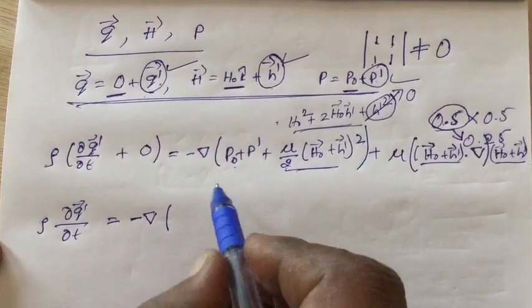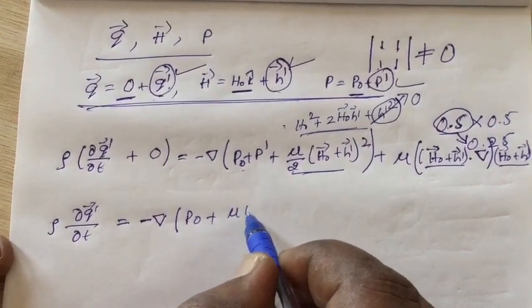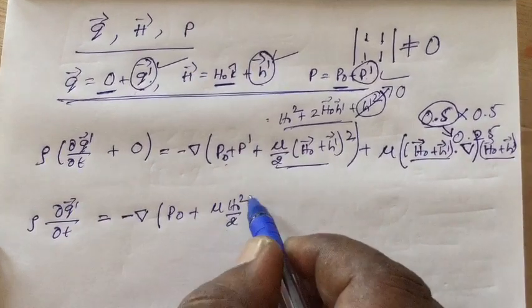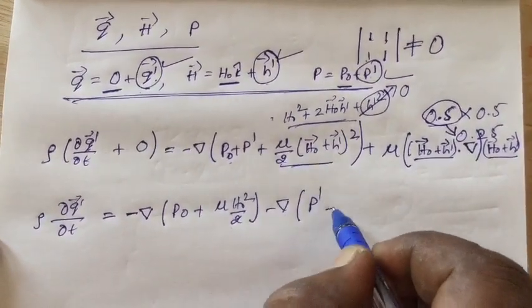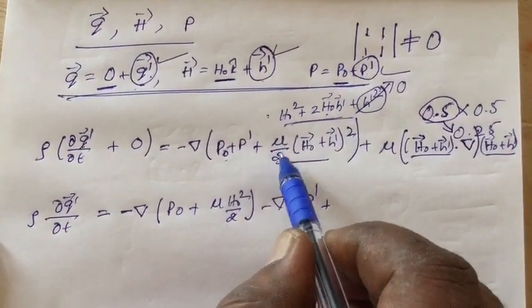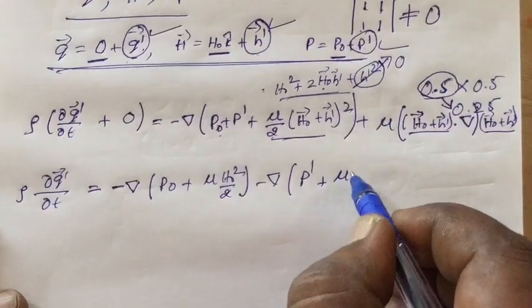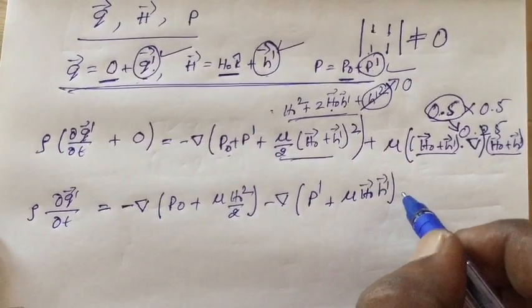By taking these two, you are going to get P naught plus mu into h naught square divided by 2, minus gradient of P dash plus, right? So 2 h naught h dash, the mu by 2 gets cancelled, mu into h naught into h dash plus